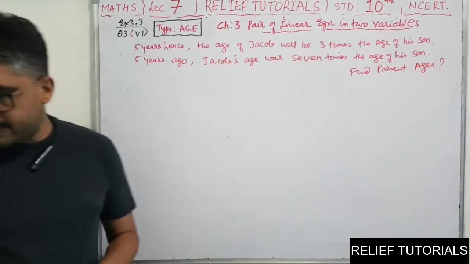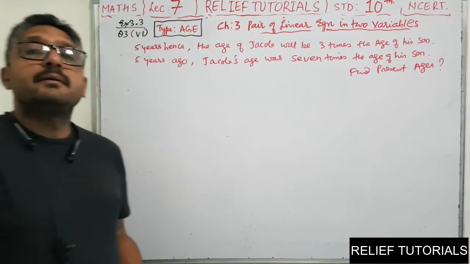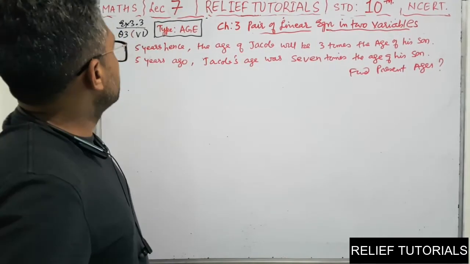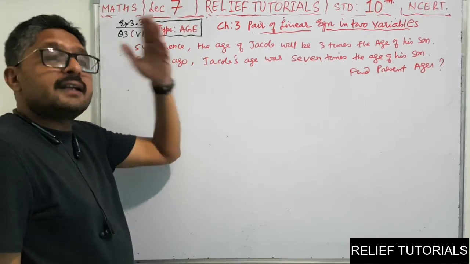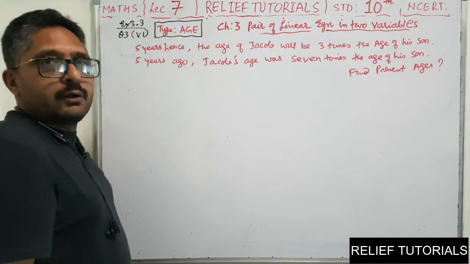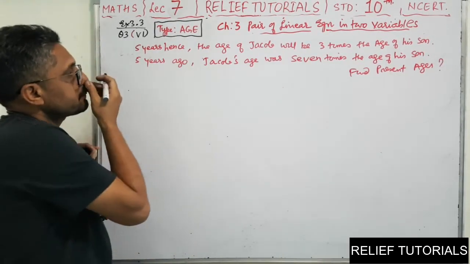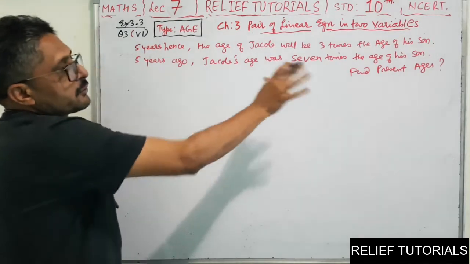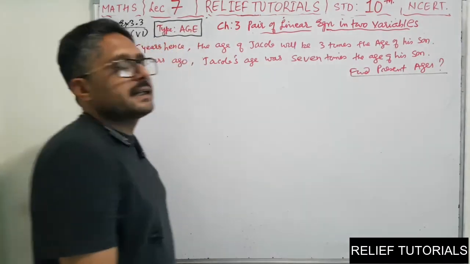See, read the question. Try to understand the question. I told you, the first thing you should know is English. Now see what it says. 5 years hence. Do you know what hence means? Sorry, 5 years hence means 5 years later. I am extremely sorry. So now we have to find the present age first. You have to see here: find the present age.